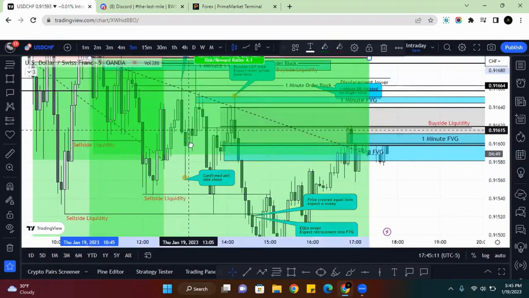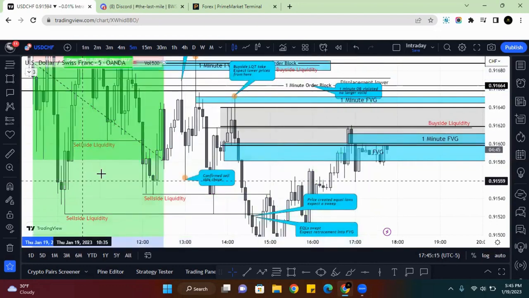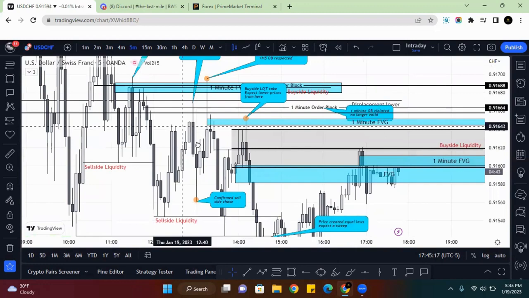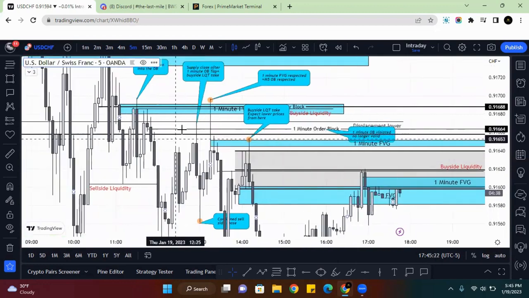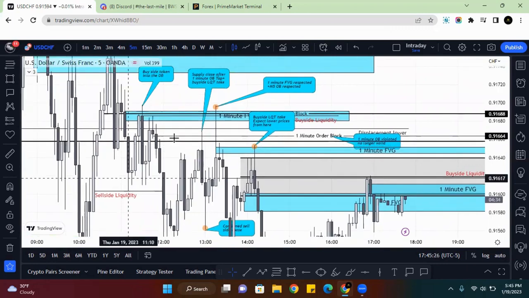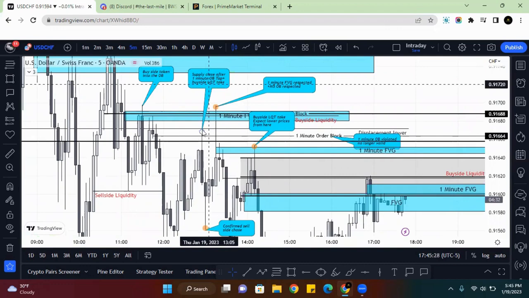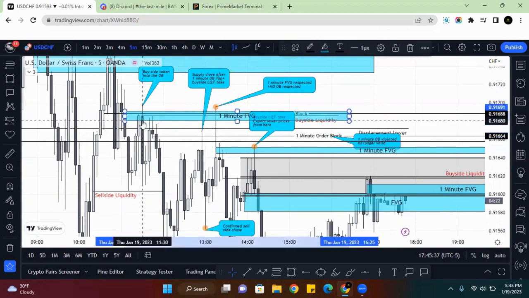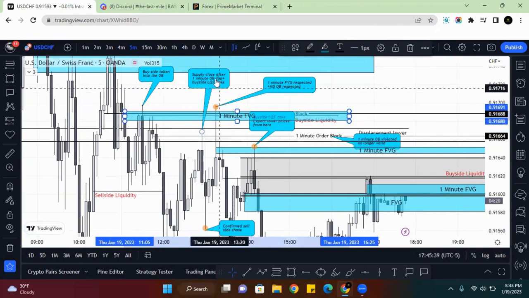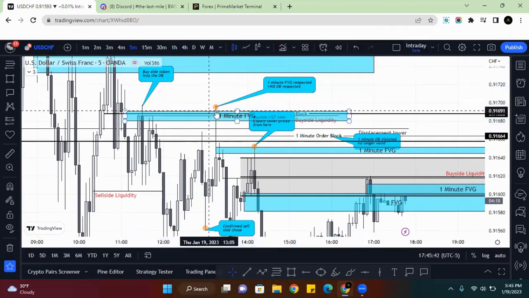Price came back up again after that. Let me delete my ratio tools, to be clear. Price came back up after that, and I was wondering, was price going to have a continuation from here? Essentially, I saw a 1 minute supply close right here, an order block close, thinking that they were going to just respect that. I also marked up a 1 minute fair value gap, and this is where I got my second entry. They did not end up respecting that. They ended up using that as liquidity.